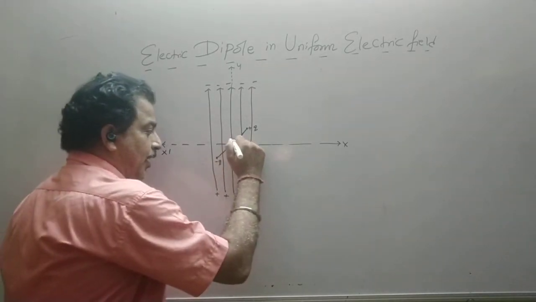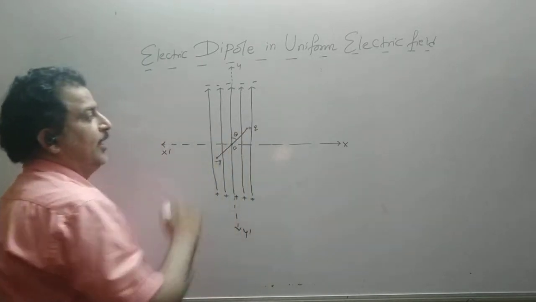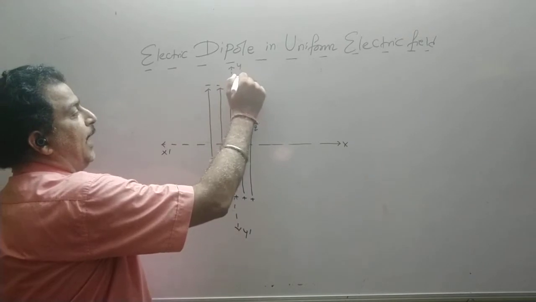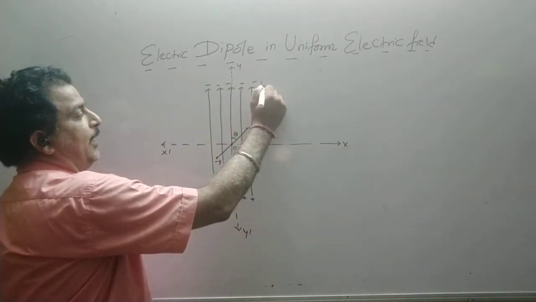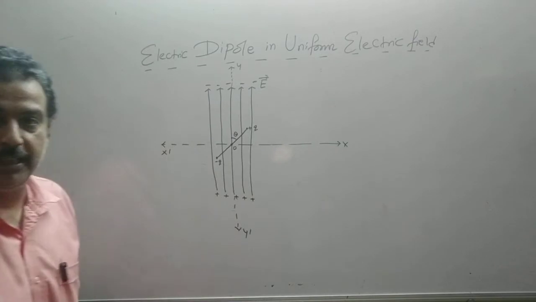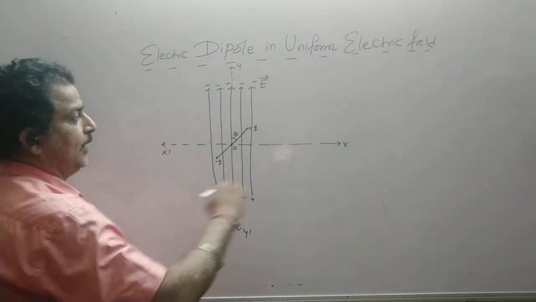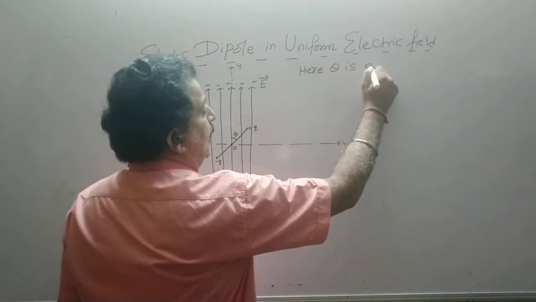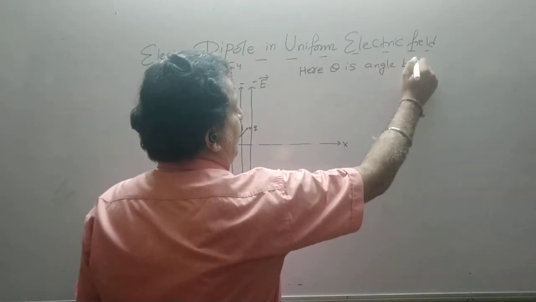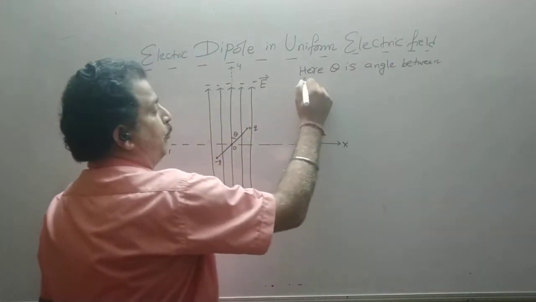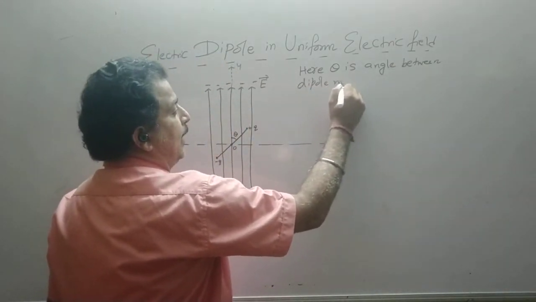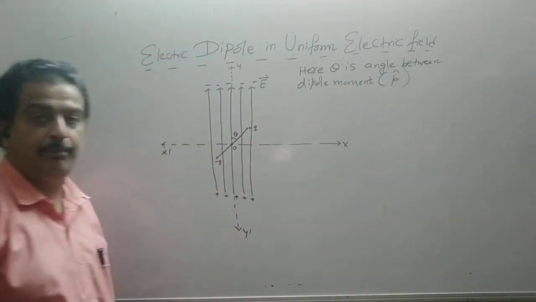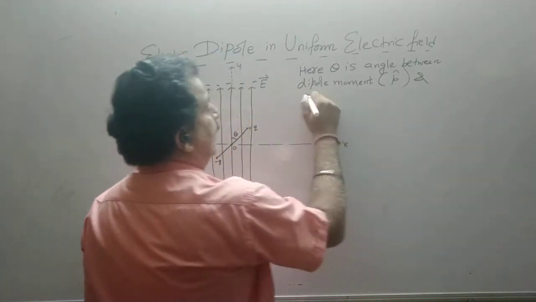So I take this angle theta, and I will read it as the angle between the dipole moment and uniform electric field intensity. This is uniform electric field intensity along the y-axis. So the first step you have to remember here, theta is the angle between the dipole moment, and dipole moment direction is from negative charge to positive charge denoted by p cap, and electric field